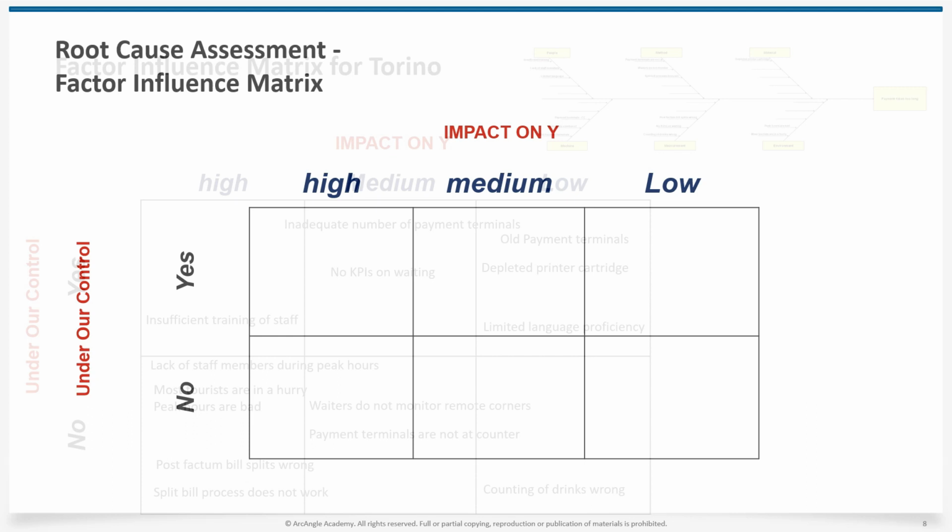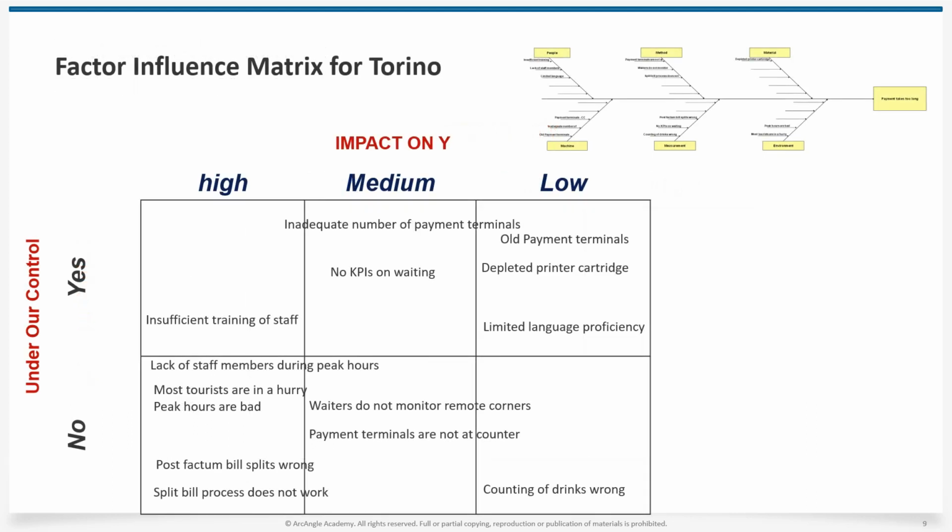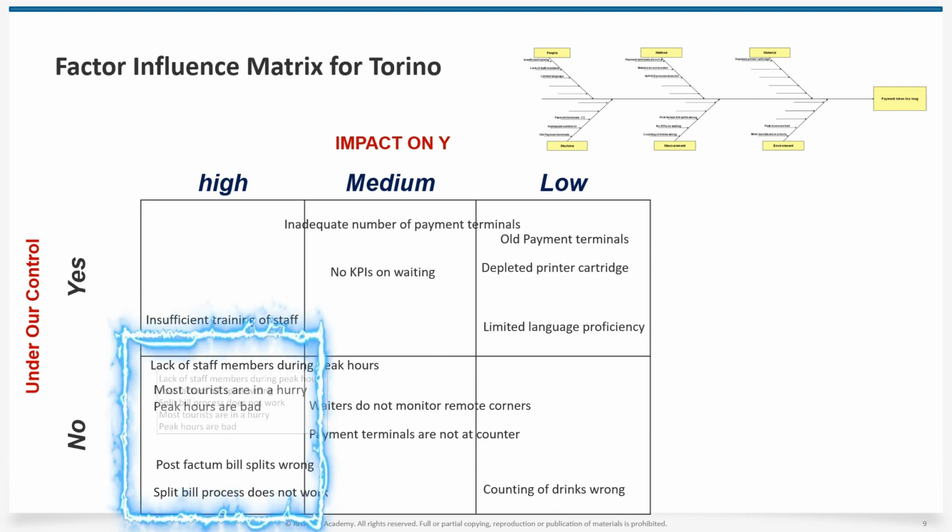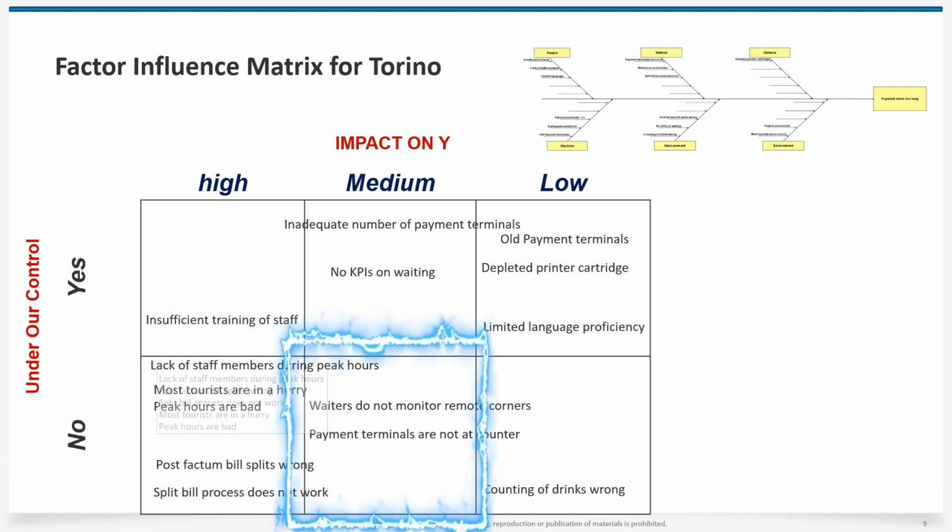This ensures that our improvement actions are focused on the most critical areas and have the potential to drive meaningful change in the project outcome. In the factor influence matrix applied to the payment process of Torino restaurant, let's focus on the root causes categorized as under control, no, high impact, and under control, no, medium impact. These are the factors that have a significant impact on the target metric and are currently not under our direct